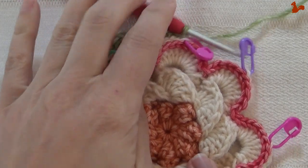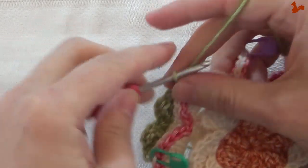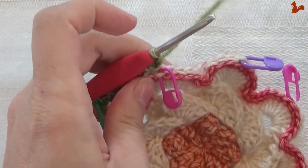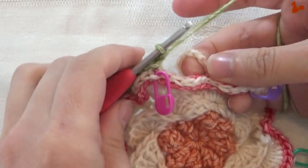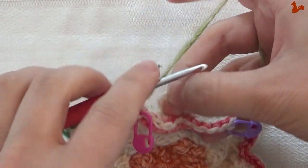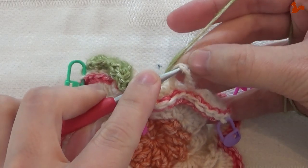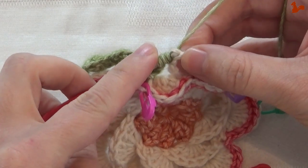So to do the repeat a second time, I'm going to chain 2. And let me just get a bit of yarn here. Then go to the back to your chain 7 here to the back. There's a chain 7. Then you just kind of eyeball where the center of that chain 7 is and work a treble through that center chain stitch. And if it's one position to the left or to the right, it's really not going to be a disaster. Just through that chain stitch